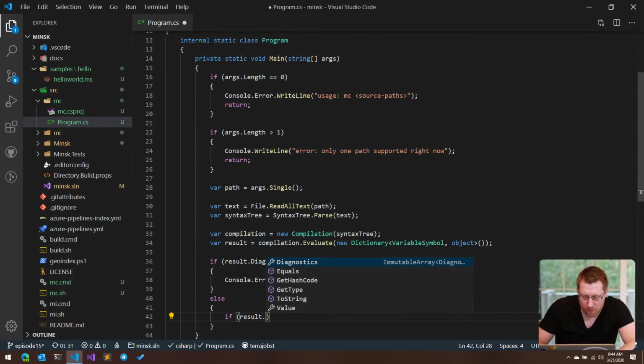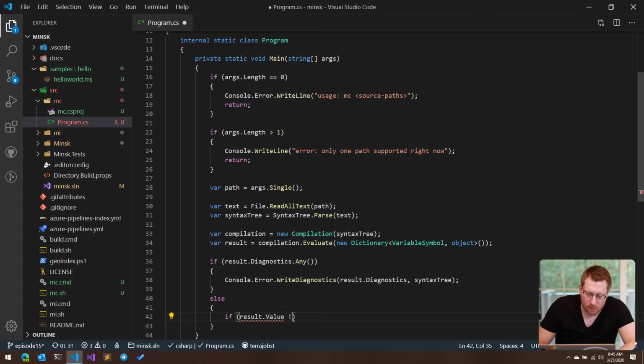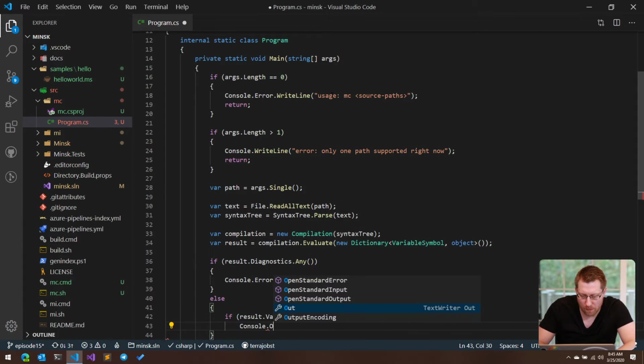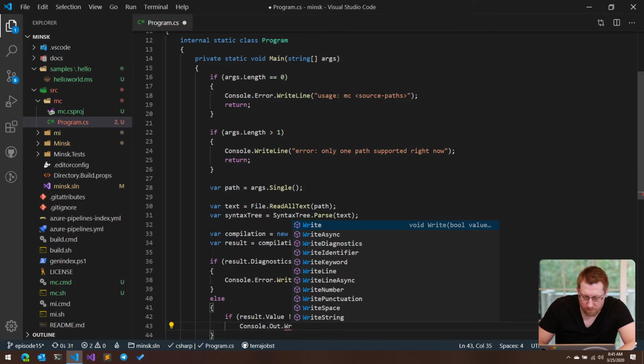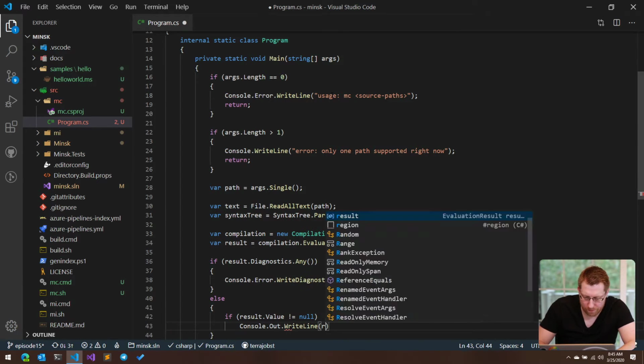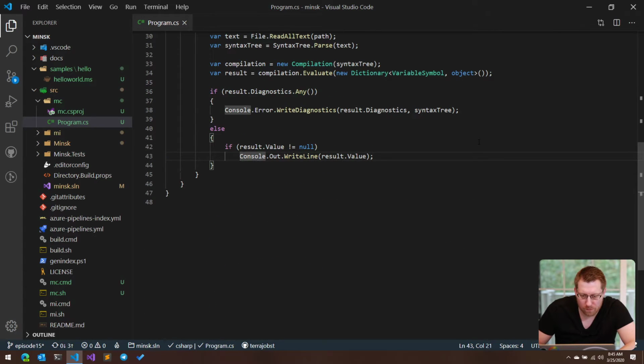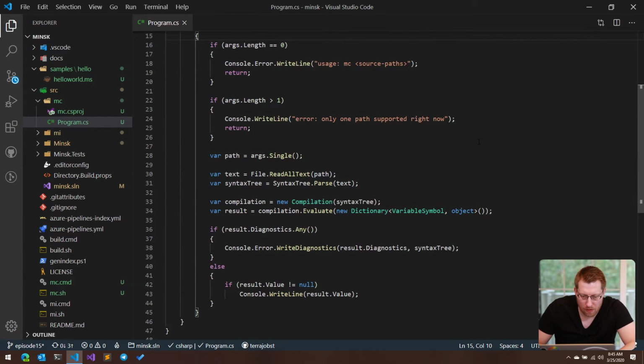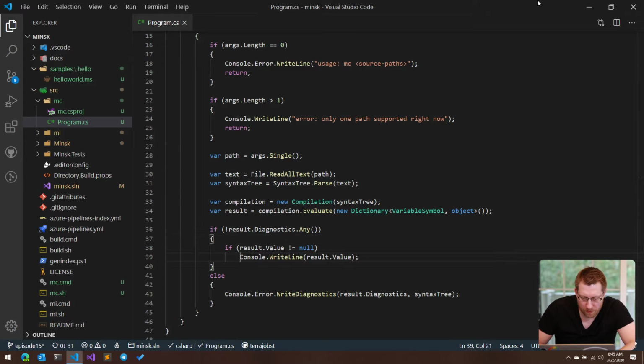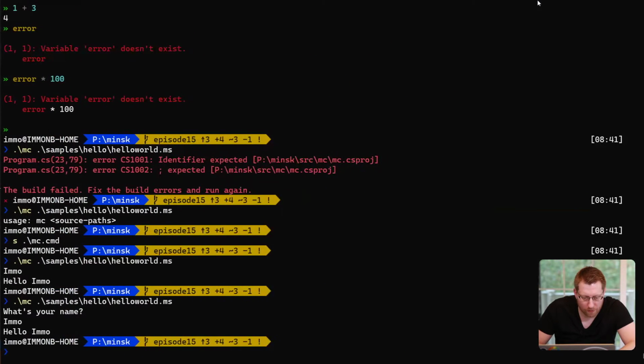Okay, if result value is not null, then console out write line result.value. Also known as console.writeline. Let's just invert this for good measure. So if we don't have any diagnostics, then we print the result. Otherwise, we write the diagnostics. All right, so that now means